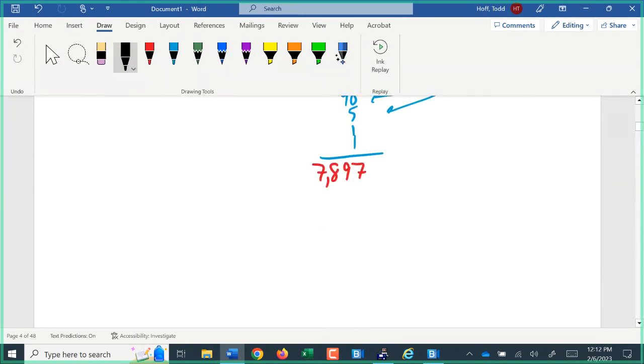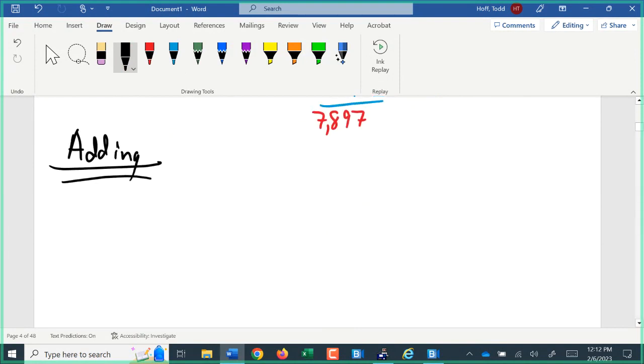Now, when we add with Roman numerals, they didn't do a whole lot of subtracting with their numerals, but they did mostly adding. It was, like I said, kind of based on the tally system of adding things up. They didn't really work backwards going in the other direction. So if they wanted to add in Roman numerals, it was a matter of simply combining the digits and then regrouping if necessary. So if we had an M, CM,